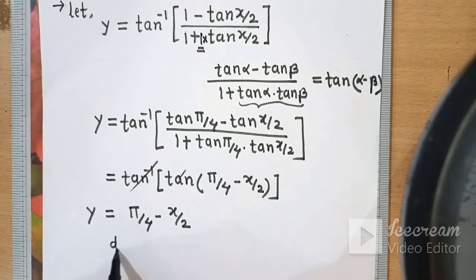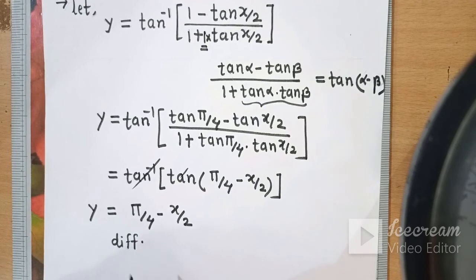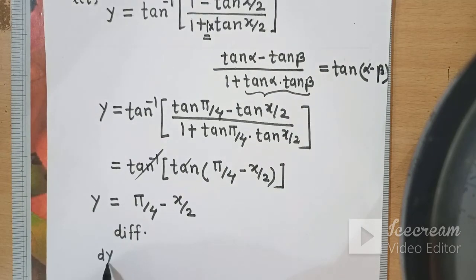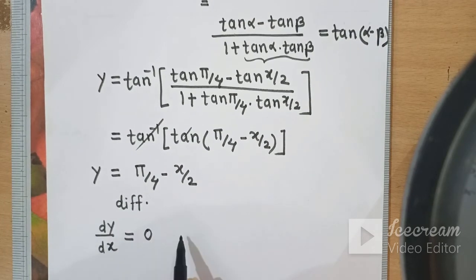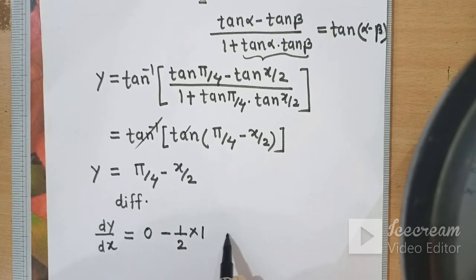And now differentiate with respect to x, we have dy by dx is equal to, since pi by 4 is constant, its derivative is 0, minus this half is constant, and the derivative of x is 1, so the final answer is minus 1 upon